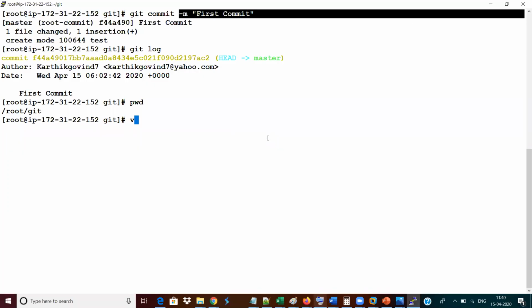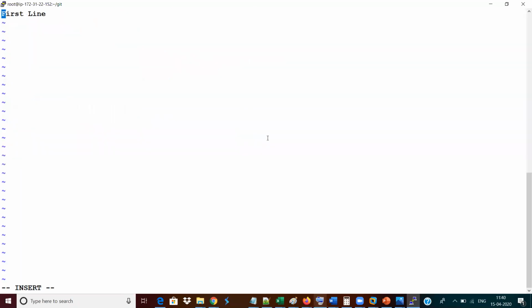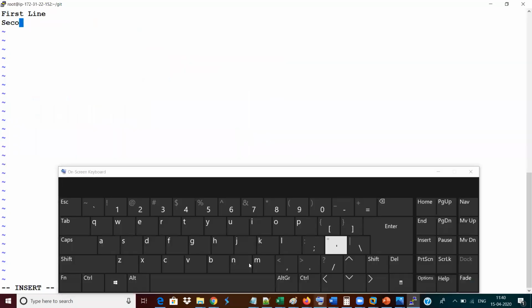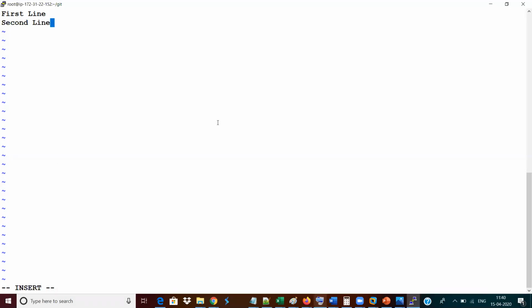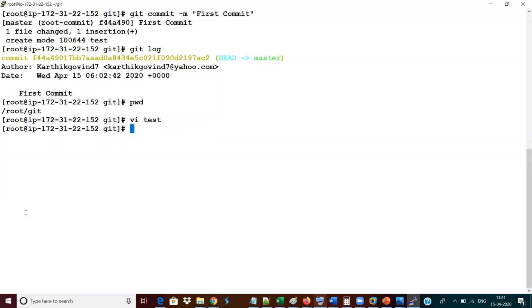I'm going to open the same file. This time I'm going to add another line item to it. What line item am I going to add now? I'm going to add a line item called second line. Check out here. Once I give the second line, it will ask me to save that file. So I'm escaping and saving the file like a Linux administrator: colon wq exclamation mark, enter. Now the file got saved. It has been saved newly only in your local directory. This copy will not be in your staging area or in your local repository.